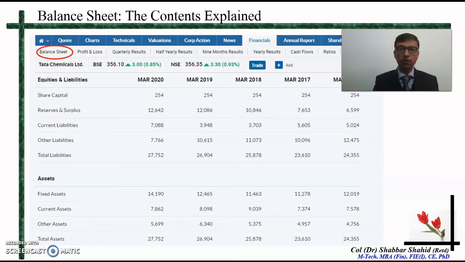But it is not for the purpose of auditing the company's accounts. If you want to do an audit of the company's account, then you will require several other information which is not present here, and that is not our purpose here, so we will not talk about that.